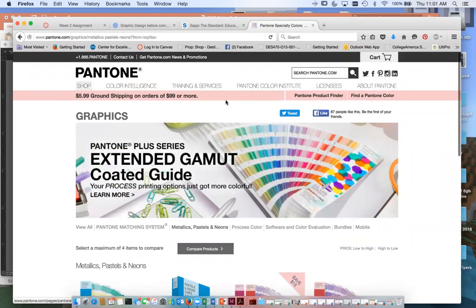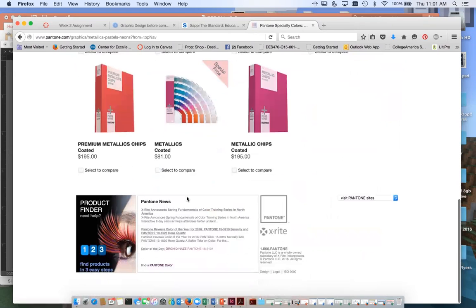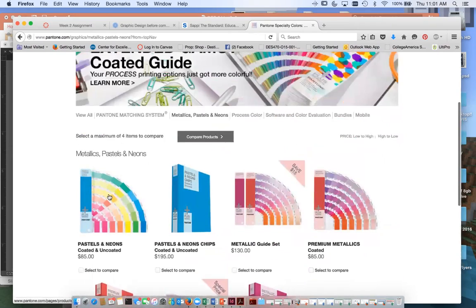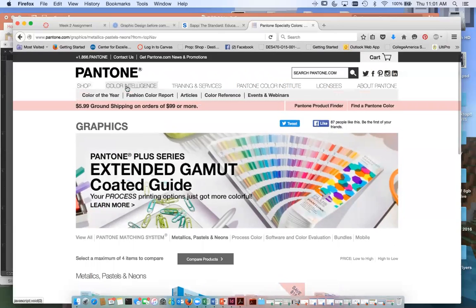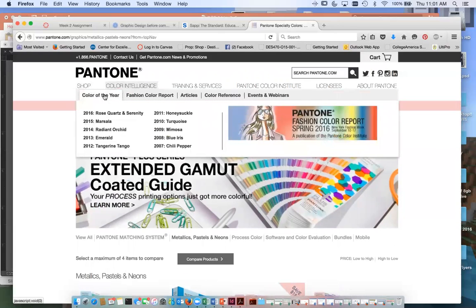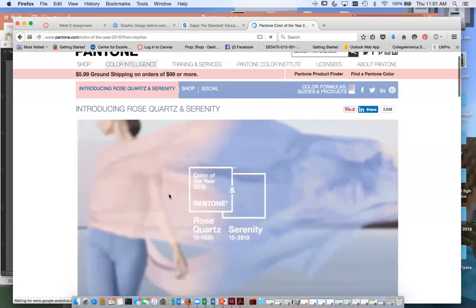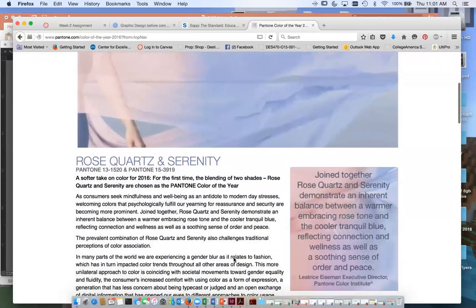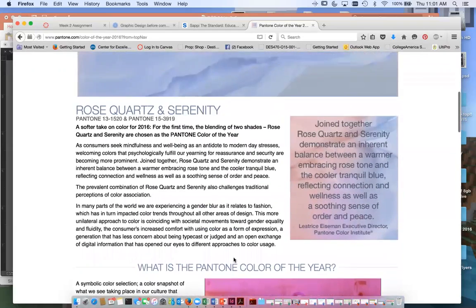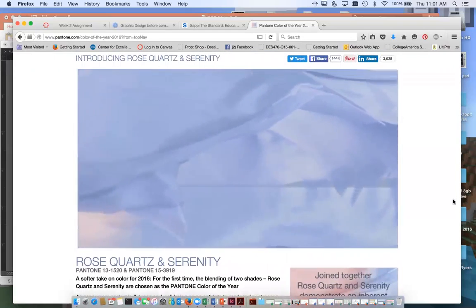So they're really expensive, but there's some really cool stuff on their site if you're interested in taking a look. There's like a color finder in here somewhere. Ooh, there's a color of the year. Their color of the year this year is Rose Quartz and Serenity. This is two colors joined together. Not my color scheme, but